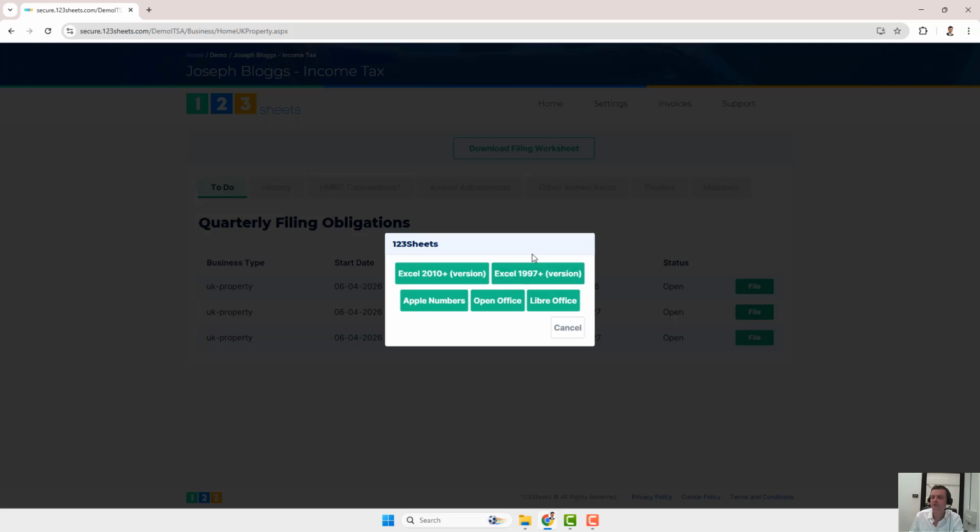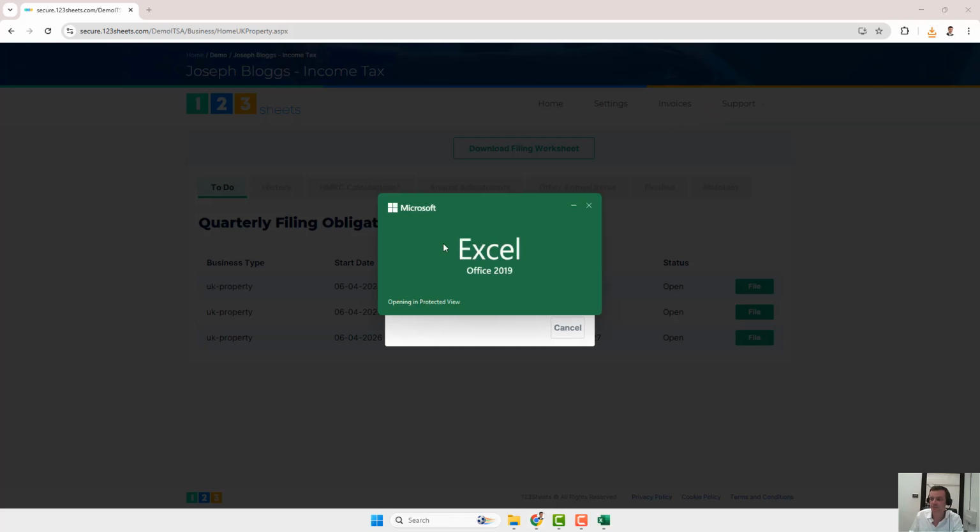So if you're using a modern version of Excel, you'll need this. If you're using a version of Excel from 2009 backwards to 1997, you'll need this other version. But we're using a modern version of Excel, so we're going to click on that one. And I'm going to now open that up